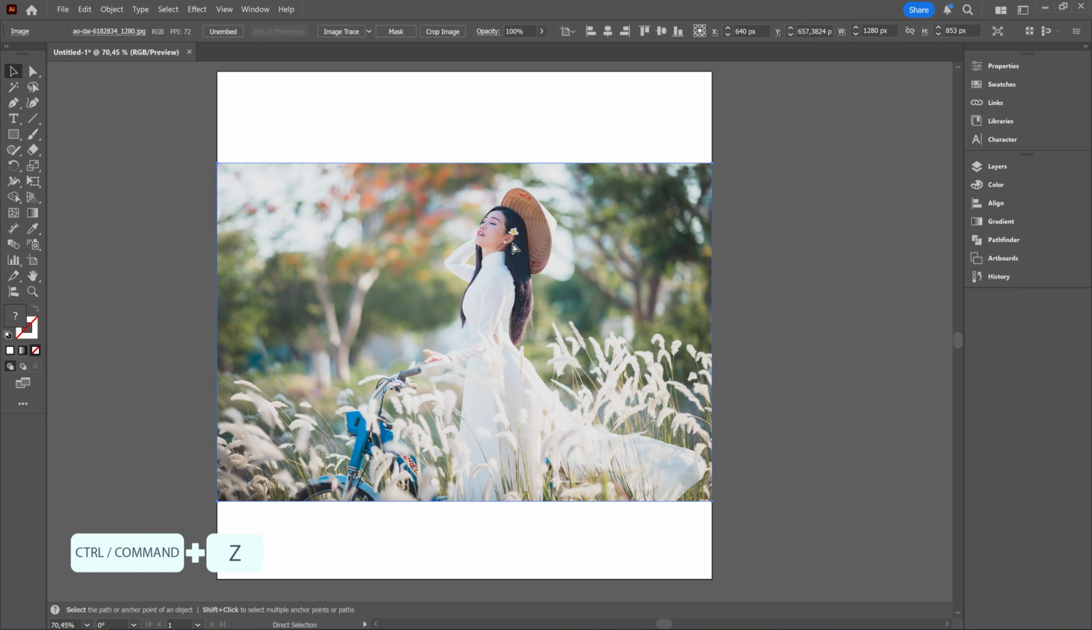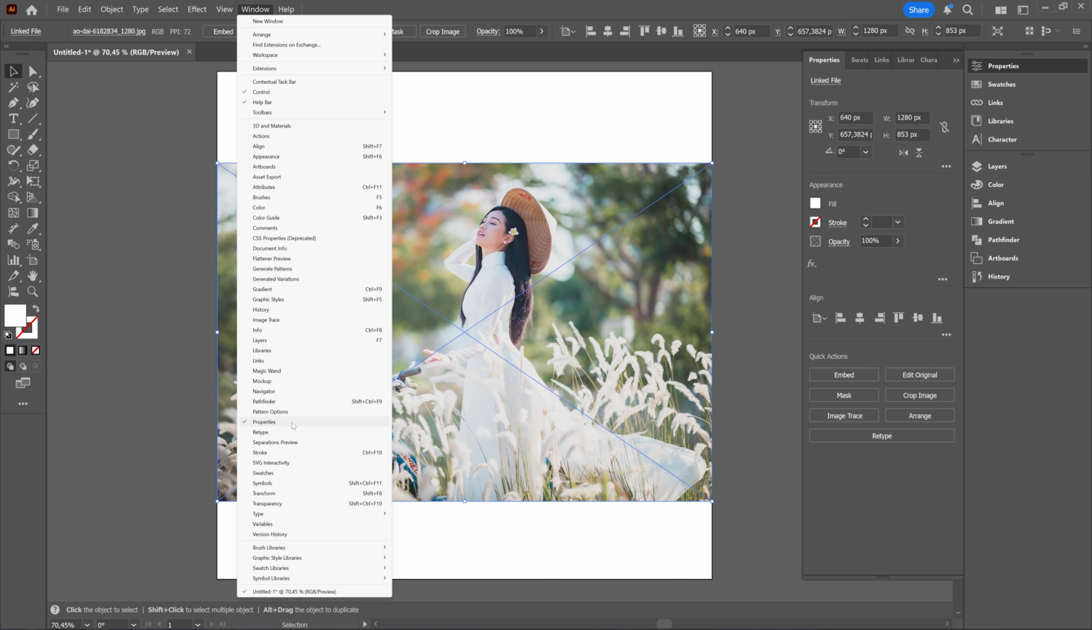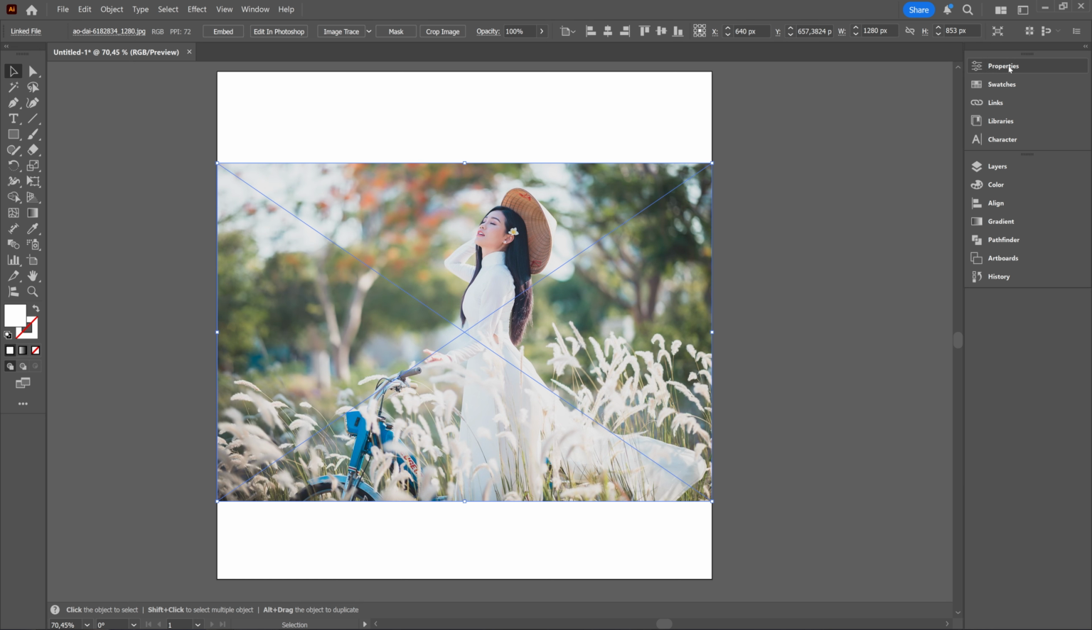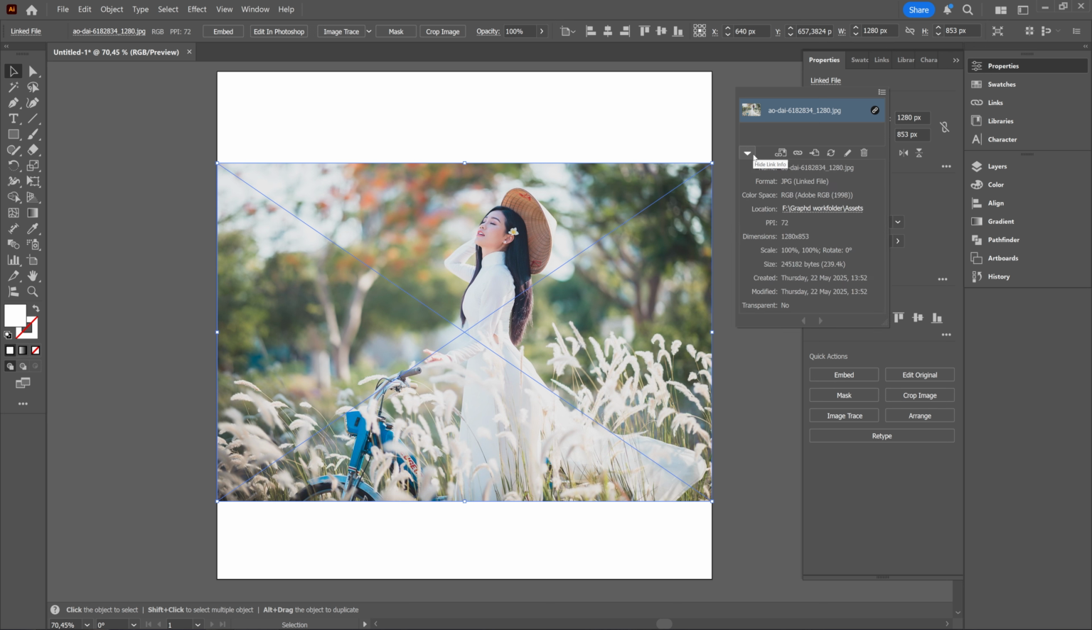Let me Ctrl-Command-Z to undo that. If you have the image selected, you can also go to Properties, and if Properties isn't visible, you can go to Window and then select Properties here. And in the Properties, you can see here there is linked file, and it's underlined. When you click it, you get the file, and when you press this arrow here, you get the file info. So here you also see that it's a linked file. You can see the color space, where it's linked from, the PPI, the dimensions, the scale, and the size of